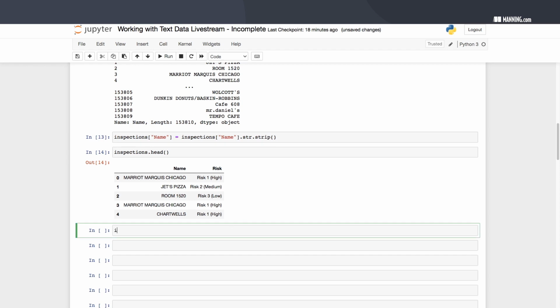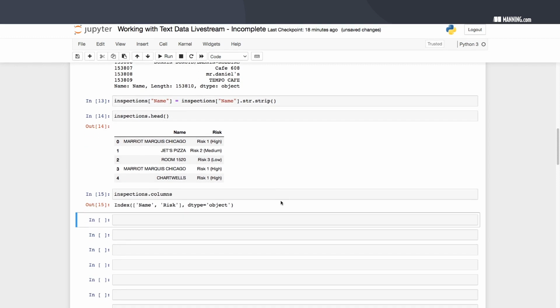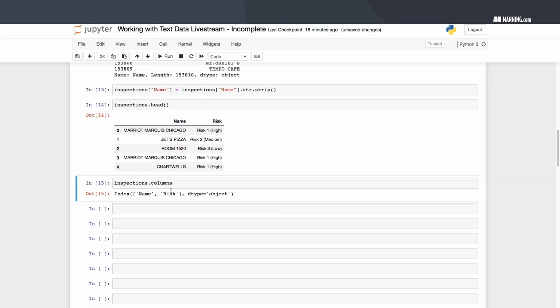So what I can do, for example, is get a list of all of my data frame's columns. So here we have the columns of name and risk. It's available as this columns attribute on my inspections data frame object. And what I can do is use something like a traditional Python for loop. So for each column in this list that I see above,